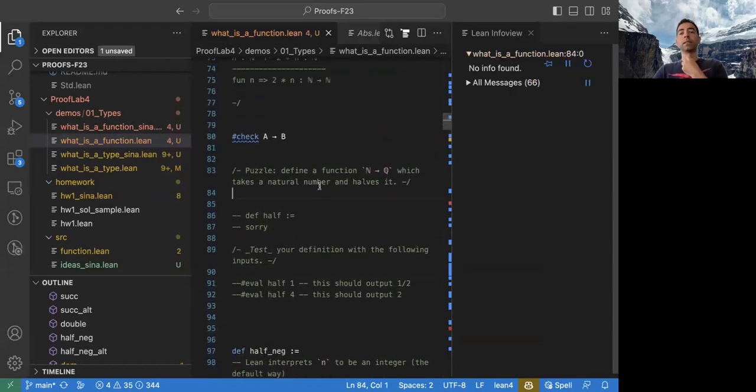Let's do a puzzle. Let's try to define a function from natural numbers to rational numbers which halves that number that we start from. So here's the challenge. I want to define the function half, and I want to replace this sorry with something. Maybe because I want a function, fun is the first thing. But after that,